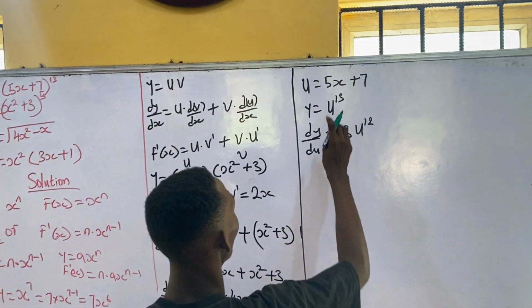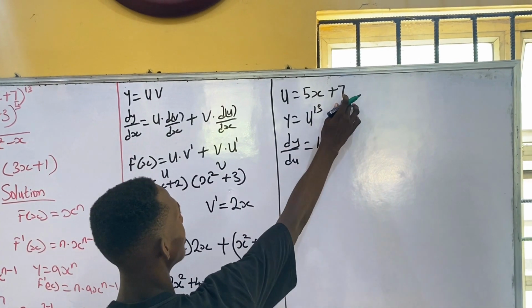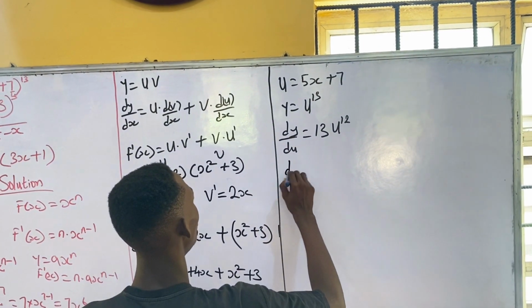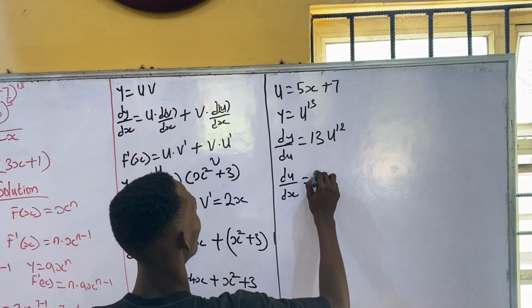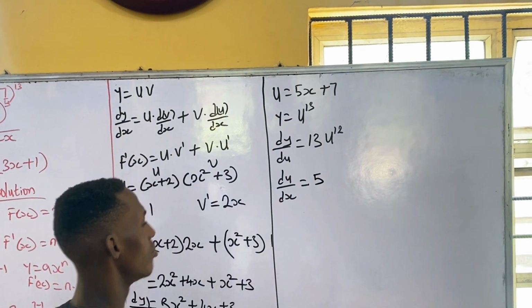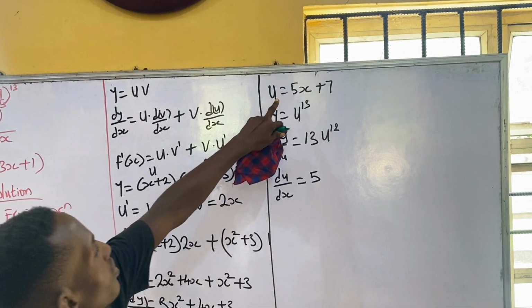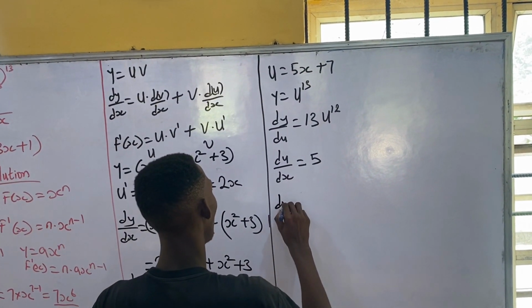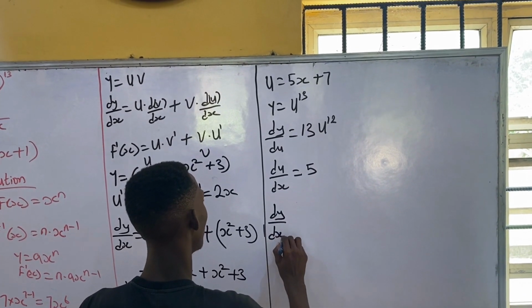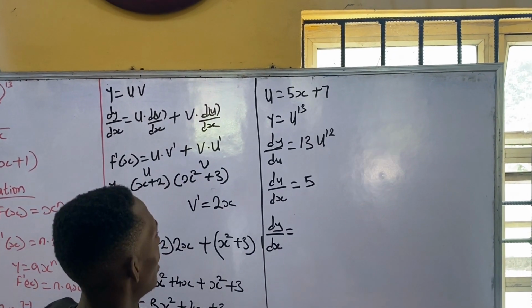Now we can find our du over dx. So this is du over dx. du over dx is equal to 5. We differentiate this to give us 5. Therefore, we can say that our dy over dx is equal to